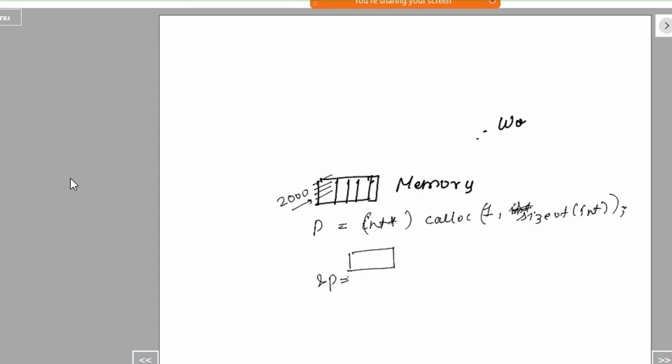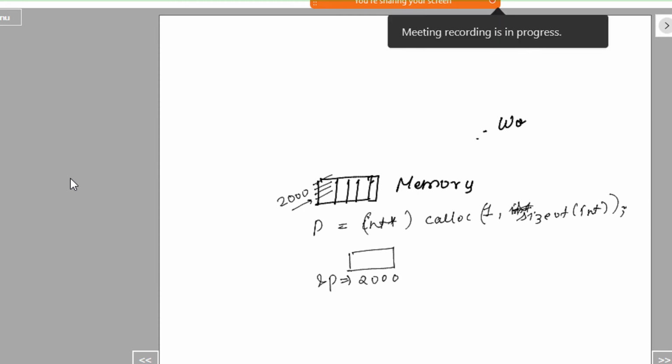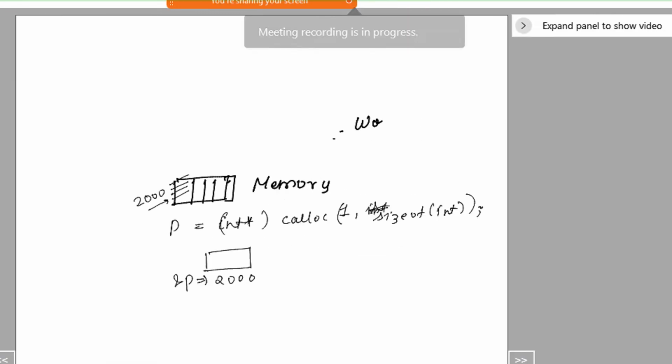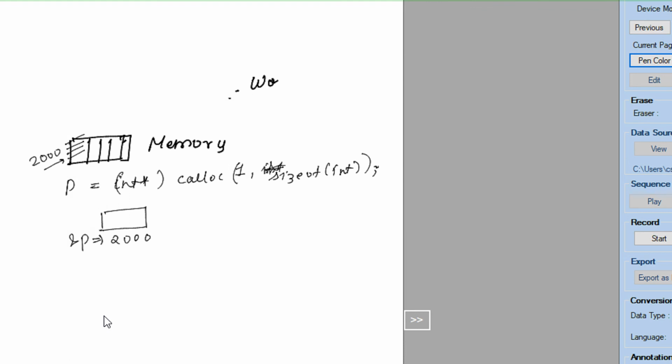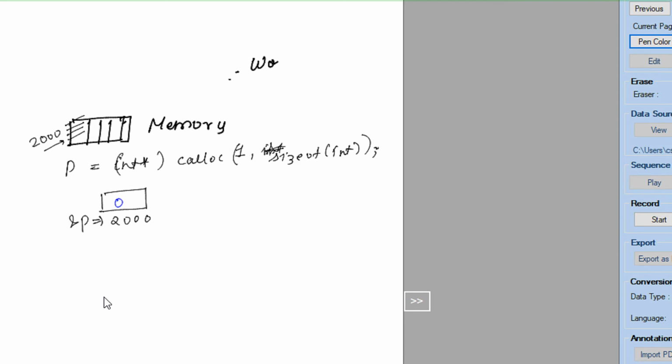So p will refer to 2000, and since it is calloc, it will assign 0 in its particular location. So star p by default will be equal to 0 in case of calloc, because it's a calloc function, it is assigning a value 0. Rest of the things remain the same.